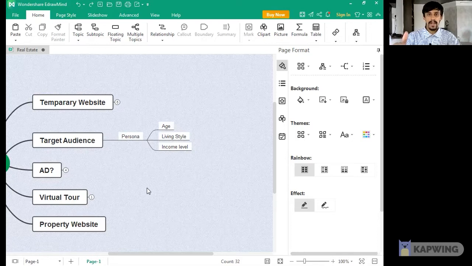If you type on Google, as I said, there will be a list: age, living style, income level, where they work, how they look, the ideal customer profile, how to build the ideal customer profile. And this is very important when you run ads, because for making an ad copy, for making a video, you should understand your ideal customer profile, how your ideal audience looks, what his income level is, where he lives, all in all. So it is very important that you know your audience. Okay, this is the first step.